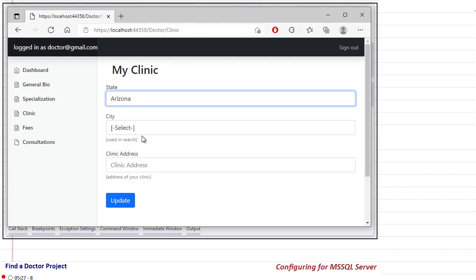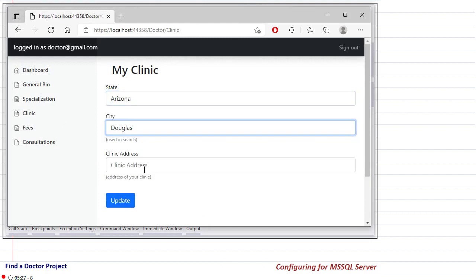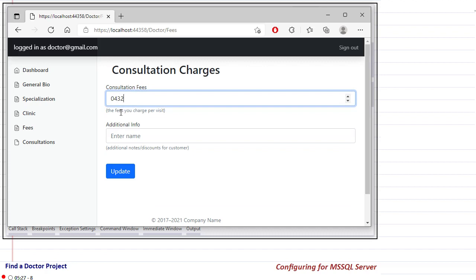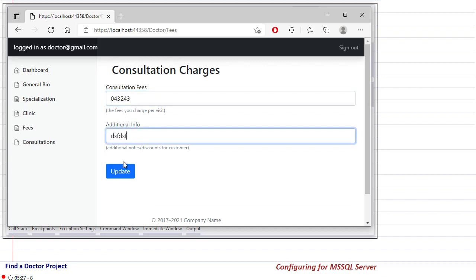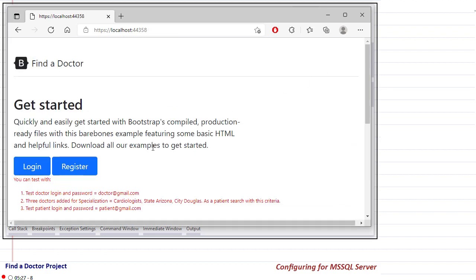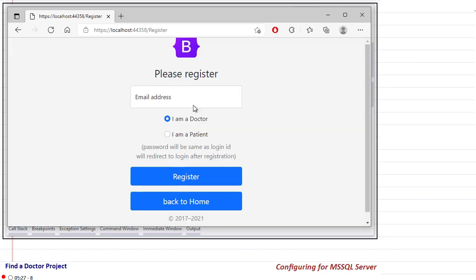Let me make a few entries quickly. Now all this data is going into SQL Server. And I'll now sign out and try to register as a patient.